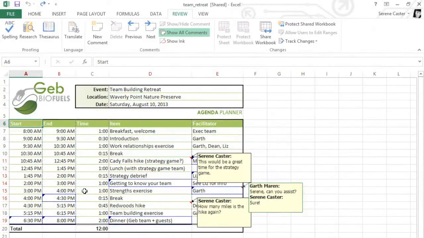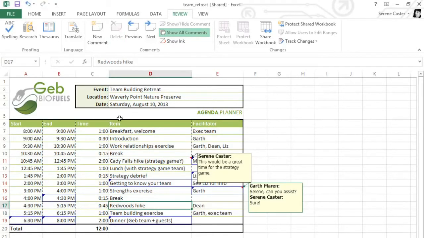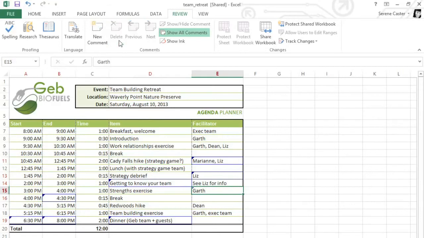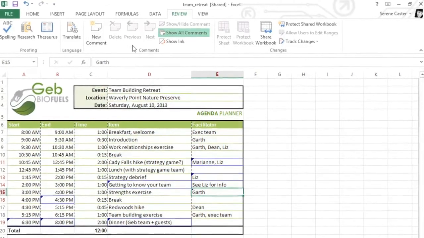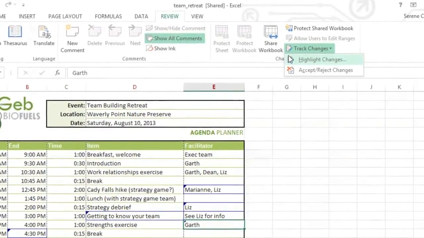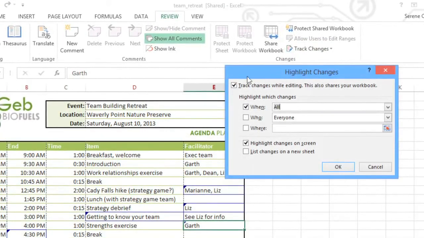I think I'm finished with the schedule now, so I'm going to delete all the comments by selecting each one and then clicking the Delete command. I'm also going to turn off Track Changes, which will finally remove the markup that you can still see here. All you have to do is go to the Track Changes command, then Highlight Changes. Now uncheck the box that says Track Changes while editing. Once you do this, all the track changes in the workbook will be accepted automatically, so make sure you're ready